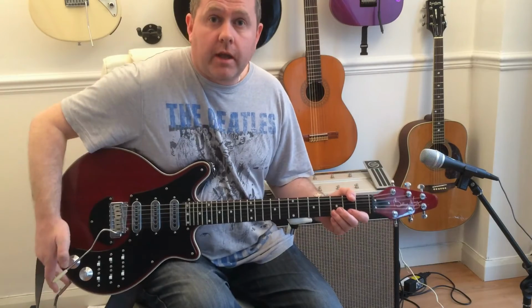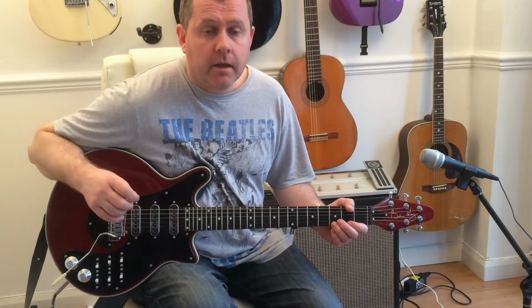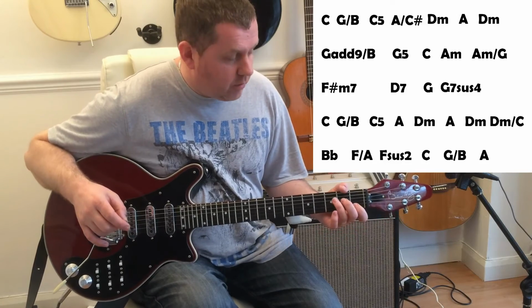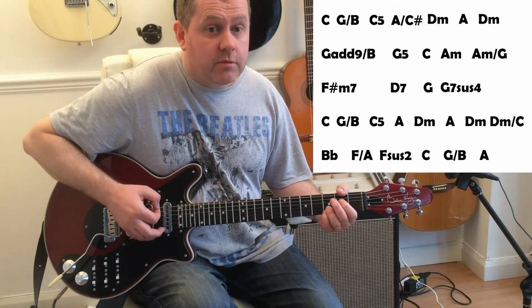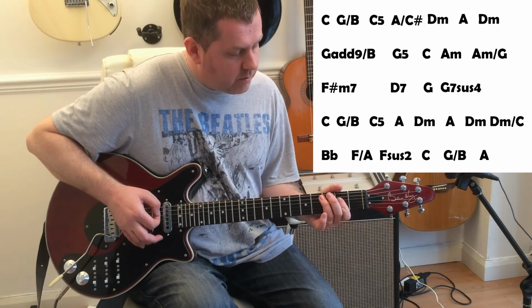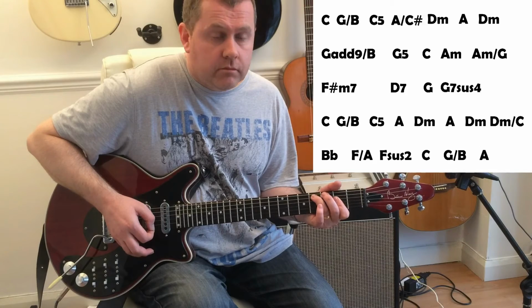As we now come to the end of the song, we're going to play through the verse and then the chorus and a little ending. The last verse in the song differs slightly from the previous verses, but it's very similar. Starting off on C, moving to a G slash B, to a C. This time we're going to move to an A slash C sharp chord, with the emphasis being on the 4th fret of the bottom A, to a D minor,